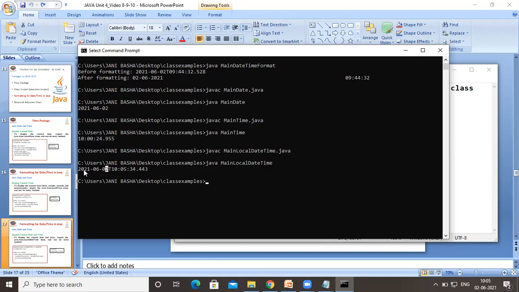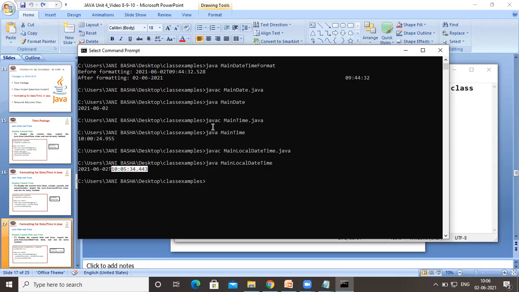First the date is printed, then T is printed, and then the time. In my system it is right now 10 o'clock, 5 minutes and 34.443 milliseconds. So this is how we can execute this.